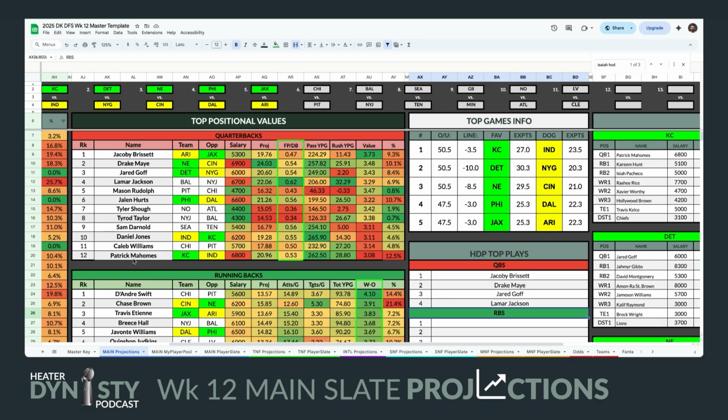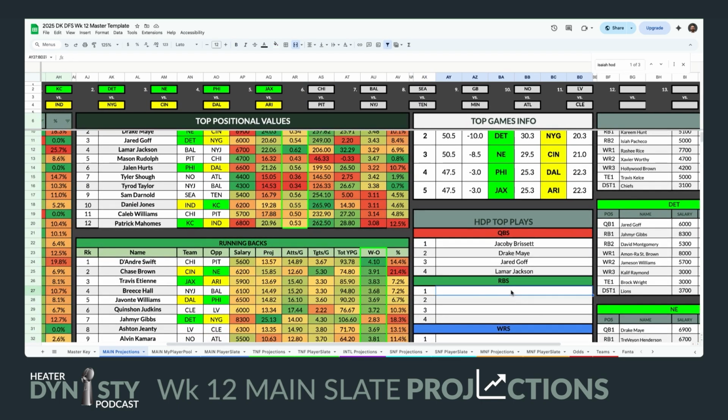But Patrick Mahomes or Daniel Jones, I think that's an interesting one with it being the top game of the week. But anyway, I digress. Running backs, if we're moving on to running backs, he's kind of being overlooked. A lot of people are saying Chase Brown is your best option. He's definitely going to be the highest roster percentage. But I think DeAndre Swift is someone that could help you as well.